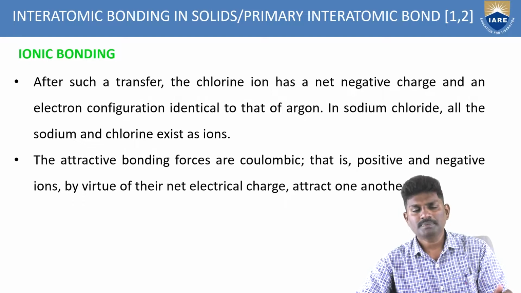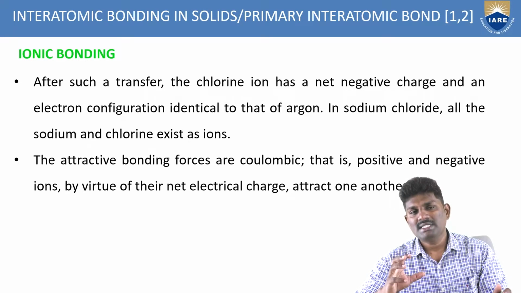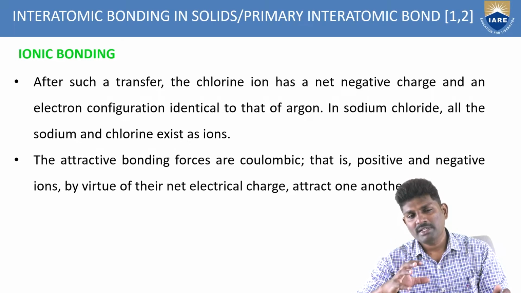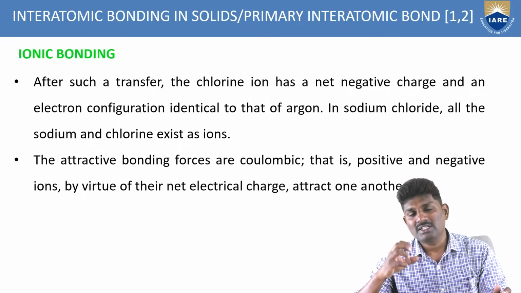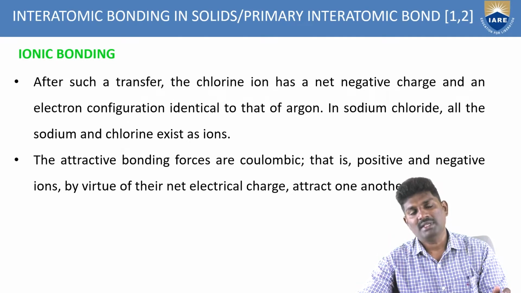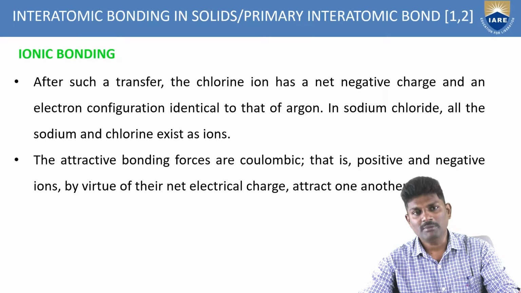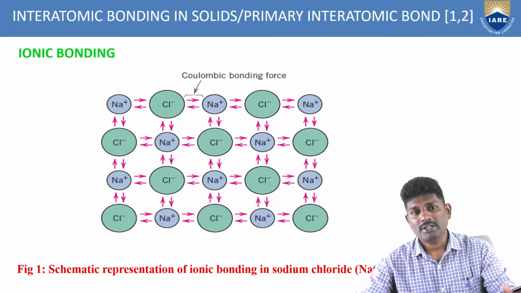As we know, unlike poles attract and like poles repel each other. So because of the attractive force, the bonding energy is very, very high. You'll get a solid material. Why we are getting the solid material means because there is a strong attractive force between the molecules inside. Because of that strong attractive force, we'll get a strong material. So the bonding energy is very, very important while selecting any material. This is how you have to arrange the atomic structure.